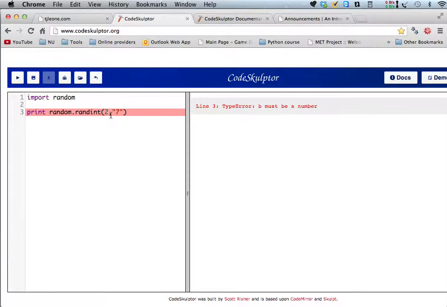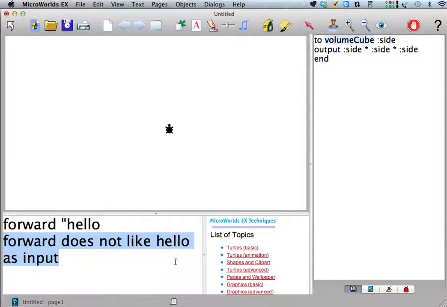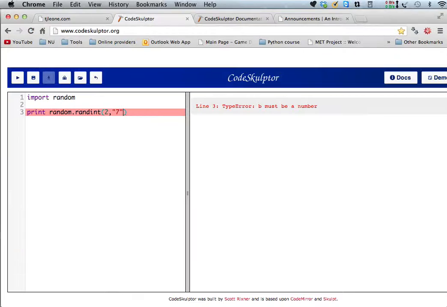So I guess the first parameter, or the first argument that you're giving it, they refer to it as A, and the second one they refer to it as B. So you get a type error where in Logo you would say does not like such and such as input. In Python you get a type error. Okay. So let's fix that. And now let's go back to this,